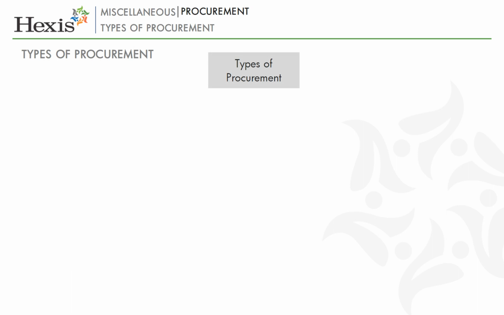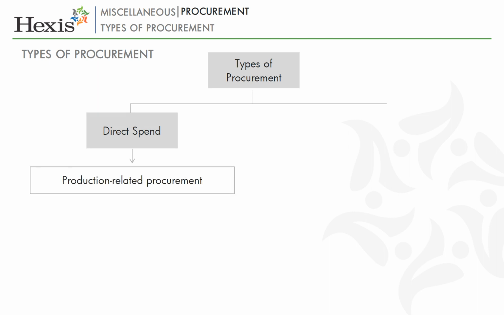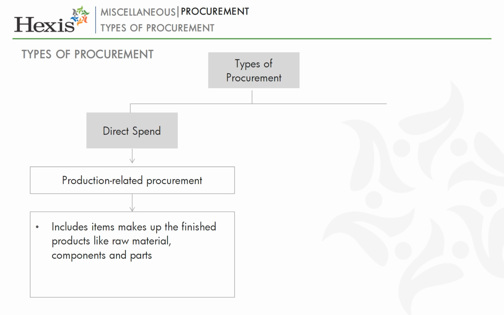Now we will have a look at types of procurement. Procurement activities are often split into two distinct categories: direct spend and indirect spend. Direct spend refers to the production-related procurement that encompasses all items that are part of finished products, such as raw material, components, and parts. Direct procurement, which is the focus in supply chain management, directly affects the production process of